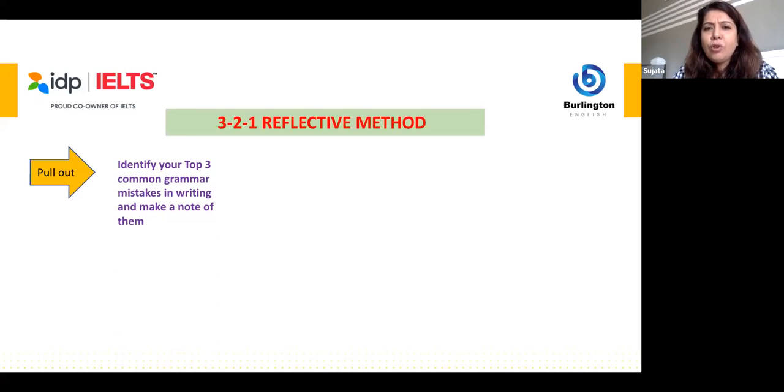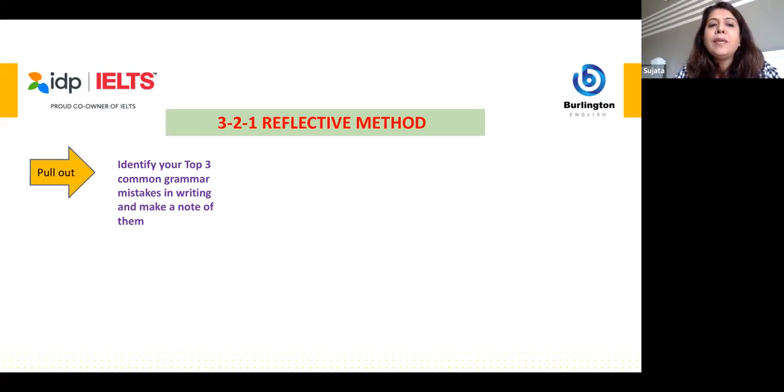Now, once you know your grammar errors, they could be 20. Now, they could be so varied. Now, what you need to do is create a bucket list of top 3 grammar errors. So your top 3 could be, you really have to work immediately on your articles because you have 7 errors in the articles, for example, and you have 3 tenses errors. So it becomes a second priority list.